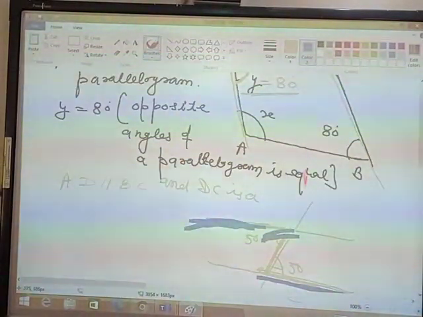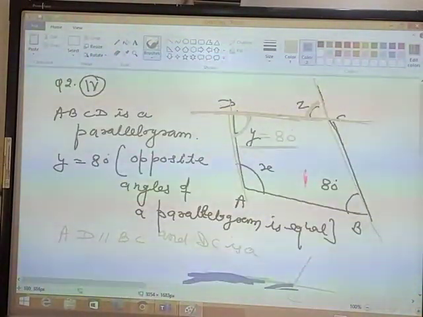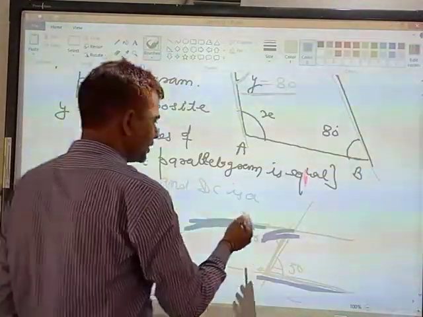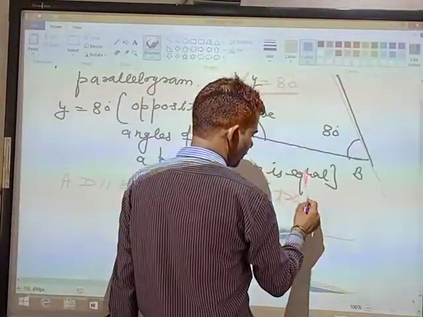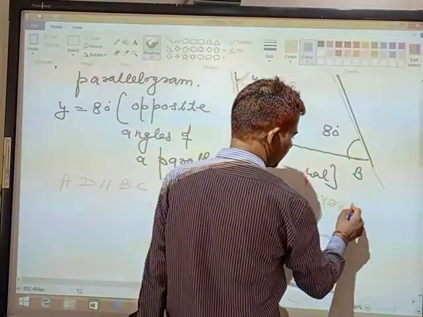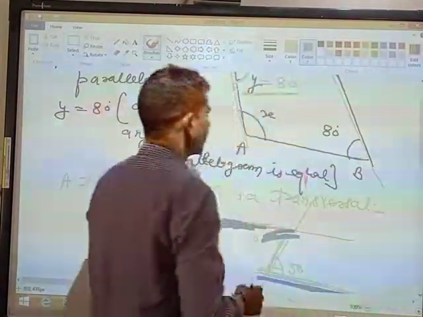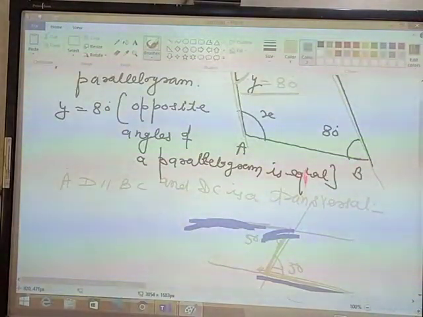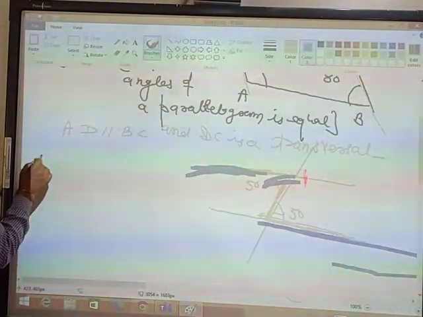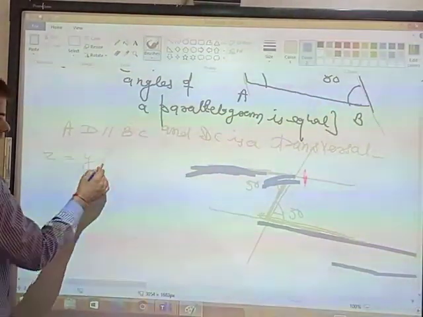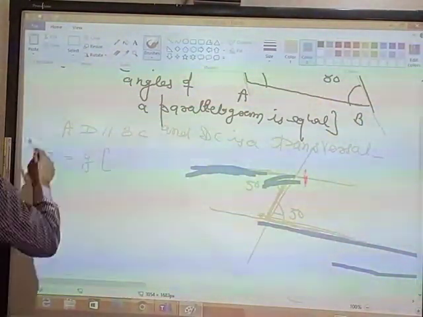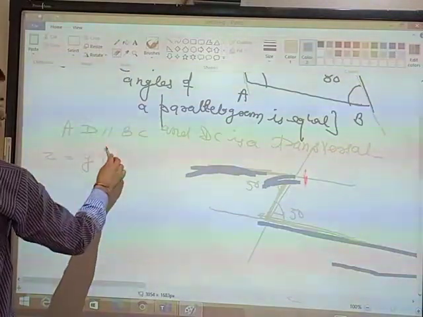Friends, AD is parallel to BC and BC is a transversal. Therefore, Z is equal to Y. Therefore, angle Z is equal to Y. Z is equal to Y. It will be equal